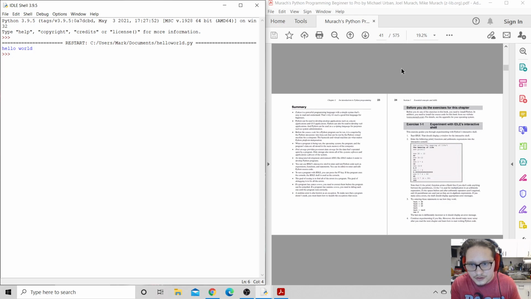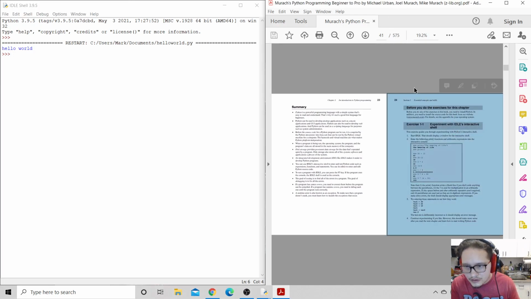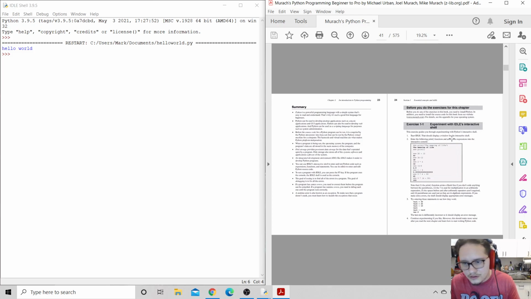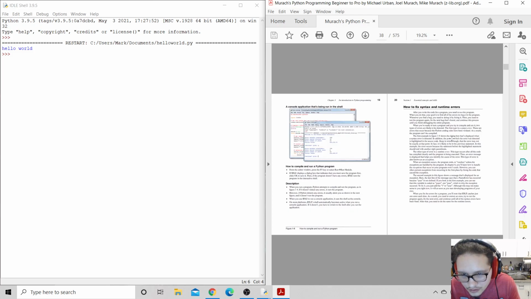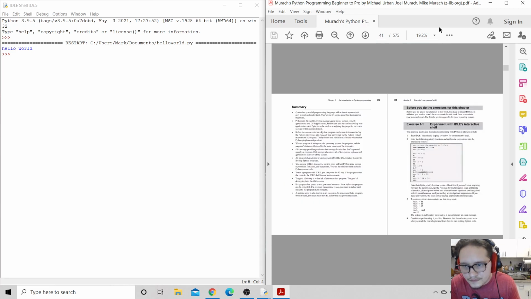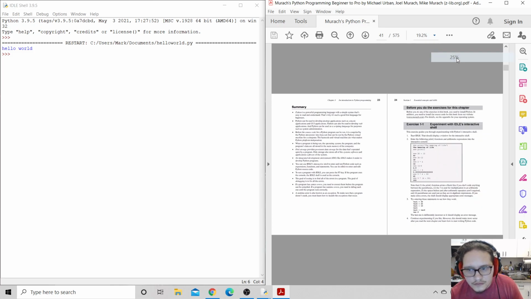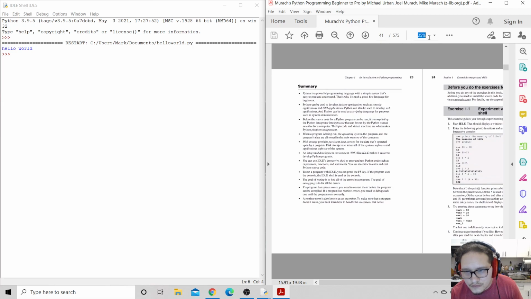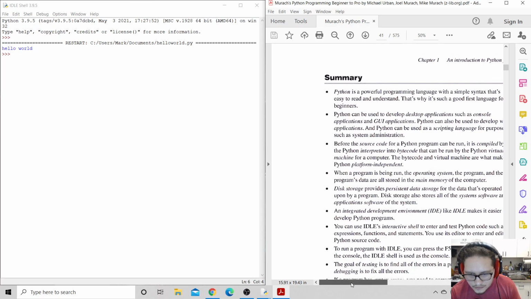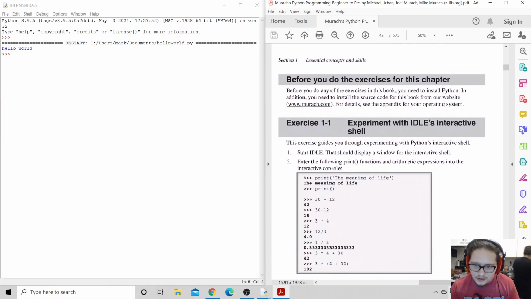Let me just follow the commands. Start IDLE. Should display a window for interactive shell. Enter the following print function. Arithmetic expression. Okay, so